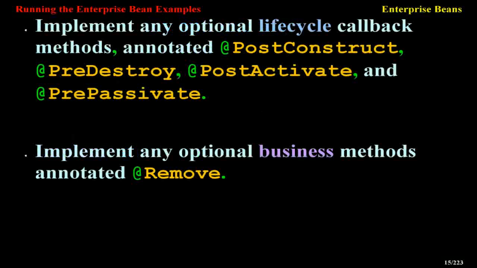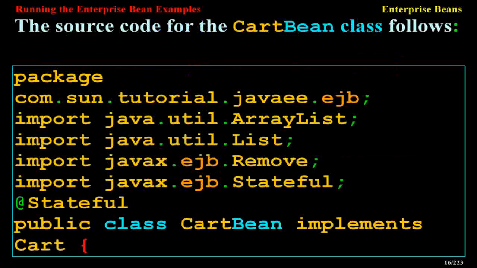Implement any optional lifecycle callback methods, annotated @PostConstruct, @PreDestroy, @PostActivate, and @PrePassivate. Implement any optional business methods annotated @Remove. The source code for the CartBean class follows: package com.sun.tutorial.javaee.ejb; import java.util.ArrayList; import java.util.List; import javax.ejb.Remove; import javax.ejb.Stateful;